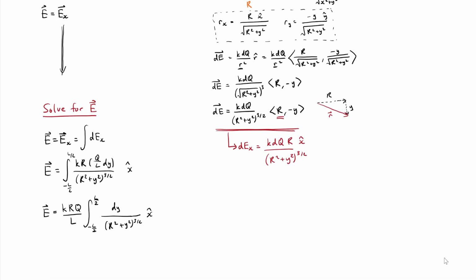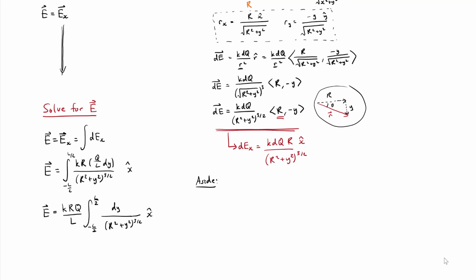And the answer is in the x direction. So now we have an integral that takes us back to our calculus classes, and we have the integral of 1 over r squared plus y squared to the power of 3 over 2. In this case, we want to use trig substitution. So we know from our diagram that we've drawn here,